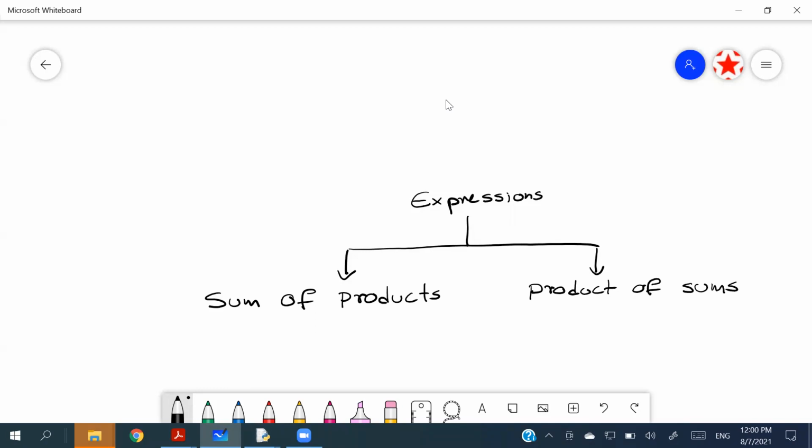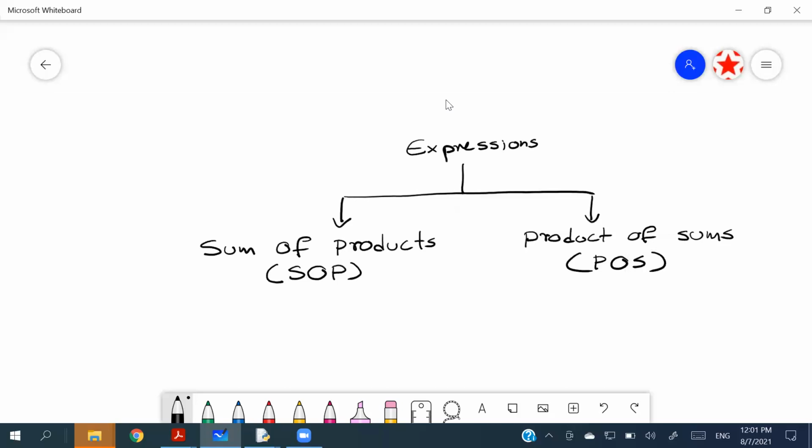In short form, we call sum of products SOP, and product of sums POS. Now, sum of products we can understand by the name of it. There are products, that means multiplications, and they are bound with a plus, right? So as an example, if I write some examples,